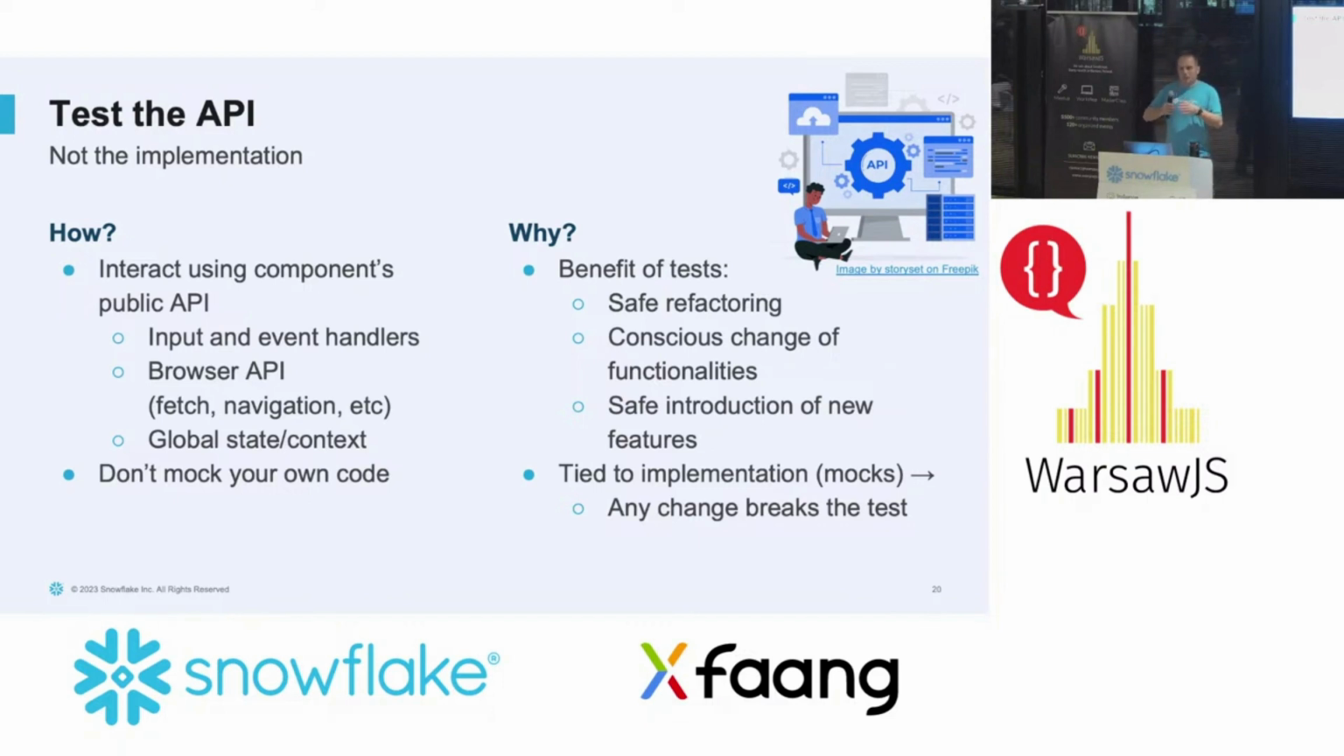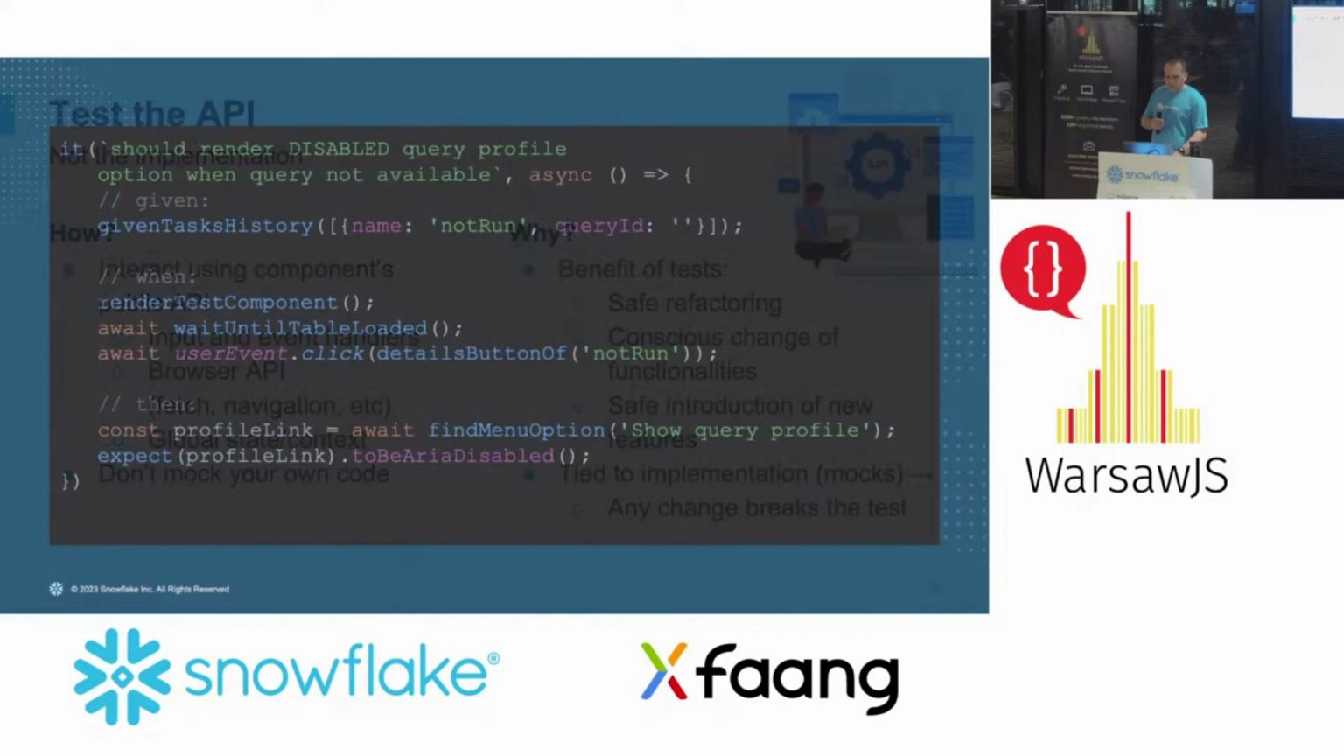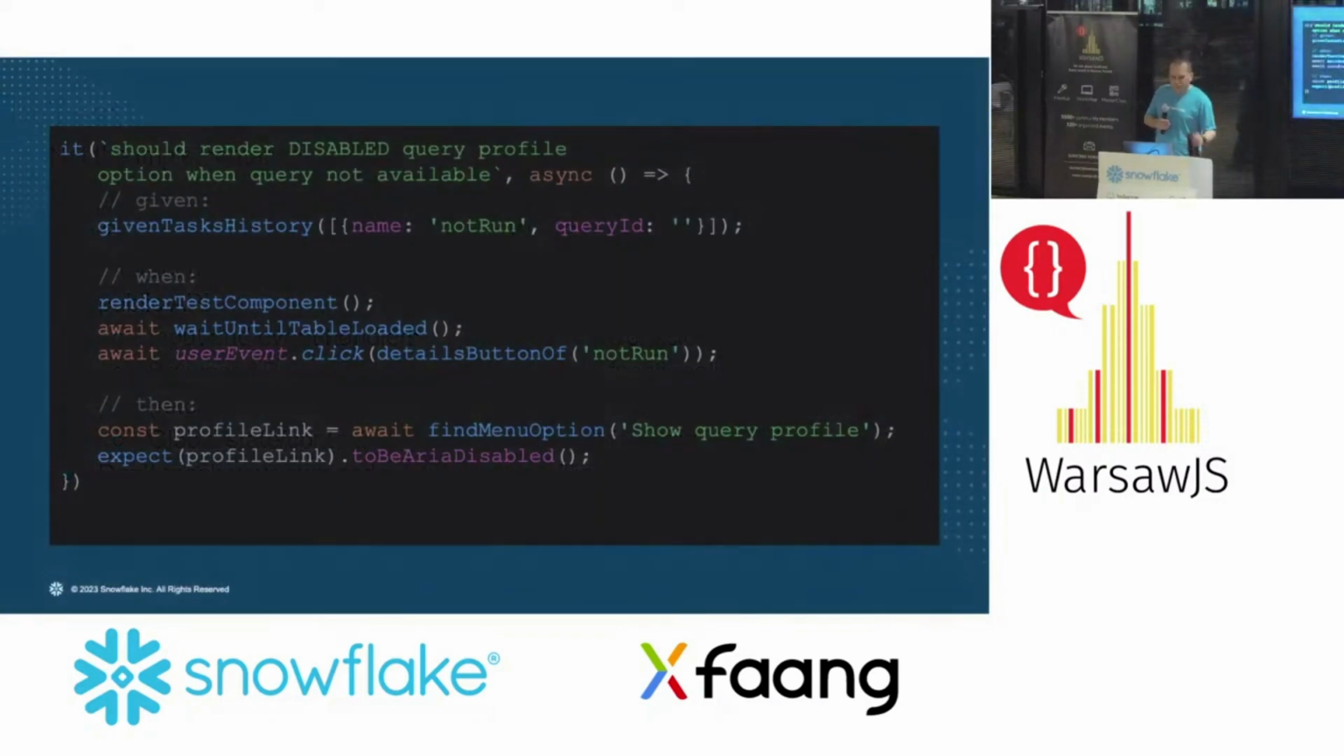So I want to be able to extract components, introduce new abstraction, change the data fetching library, and run the test to be sure that I didn't break any behaviors, because that's not what I want to break. And if I have ties to the implementation, then the tests will not tell me much. So in our test code,